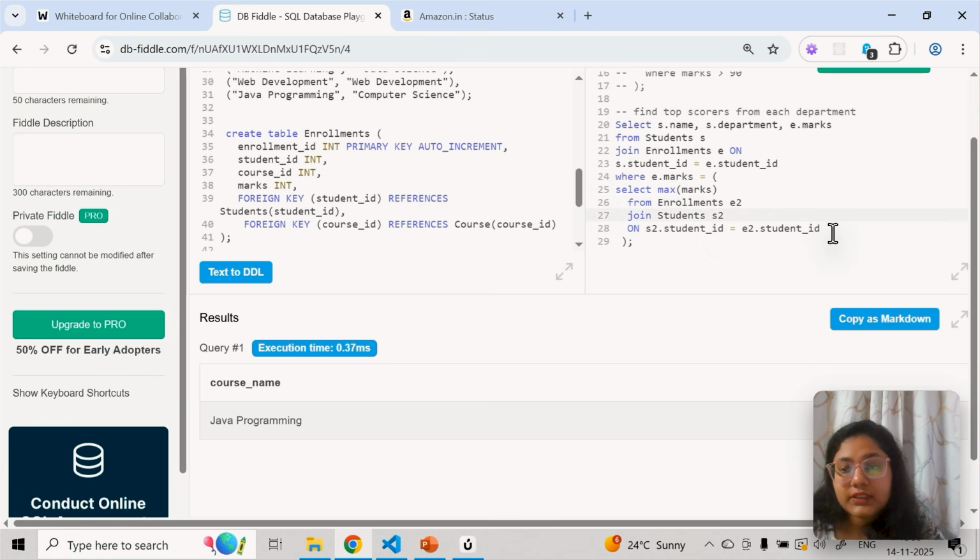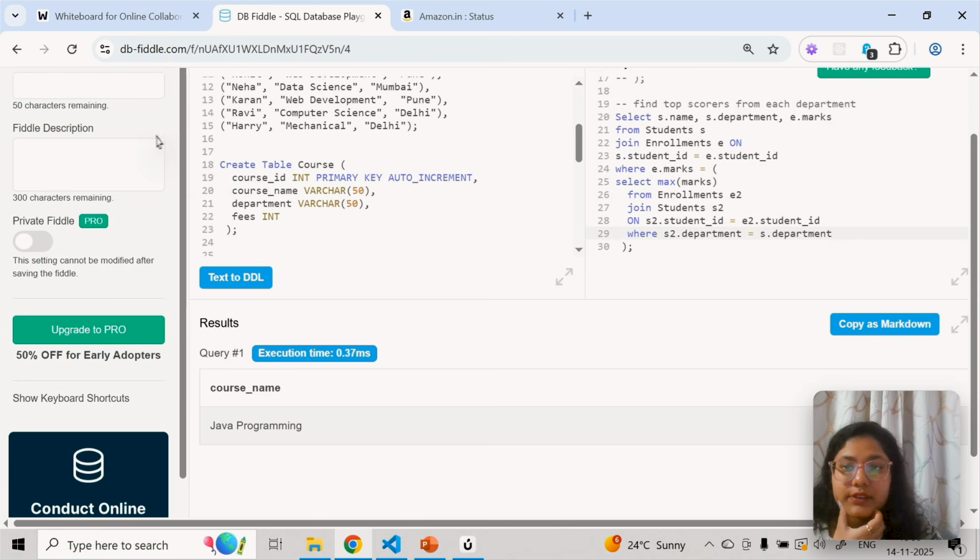We can also do something like this: S2 dot department is equal to S dot department, so we don't want all the departments, we want only the departments where students have enrolled and we got the score. Okay, now let's try this.